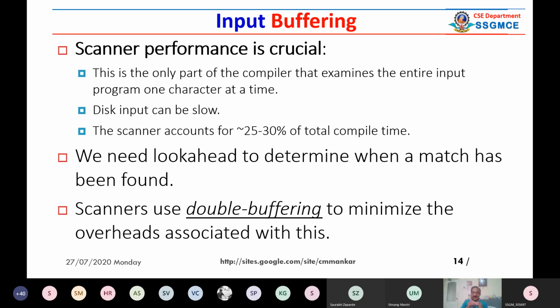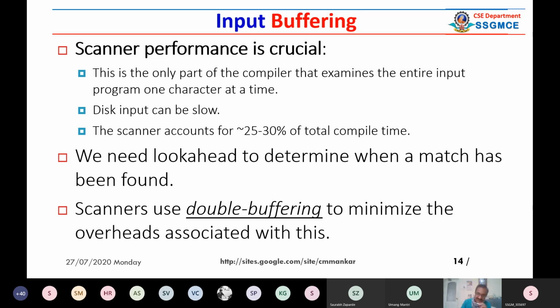So why am I saying that the scanning process is complicated, crucial and important? The reason is that compilation is actually a complex process. It contains a number of phases. If you have a source code, it will take some time to lexically analyze it. Then it will take some time to syntactically analyze it. Then semantic analysis is there. Then synthesis is there. So all phases take different time.